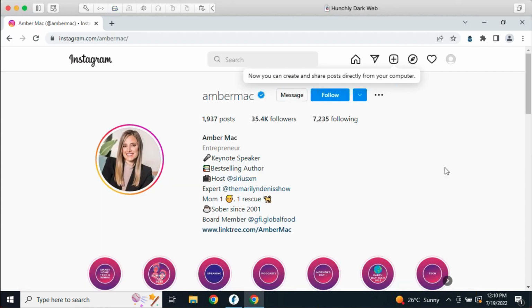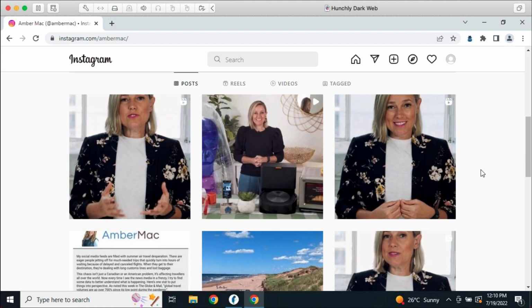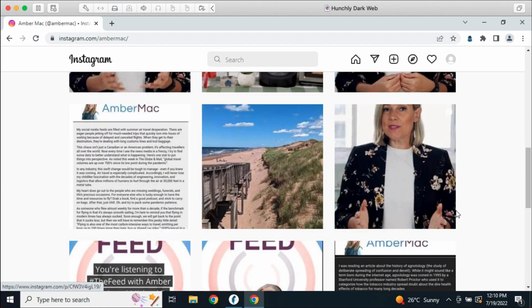So I'm on Instagram.com/AmberMac. Let's do a little test here. We start scrolling down, and if we pay attention to this top leftmost image, or even this pair of images here with Amber in them, as we scroll down,